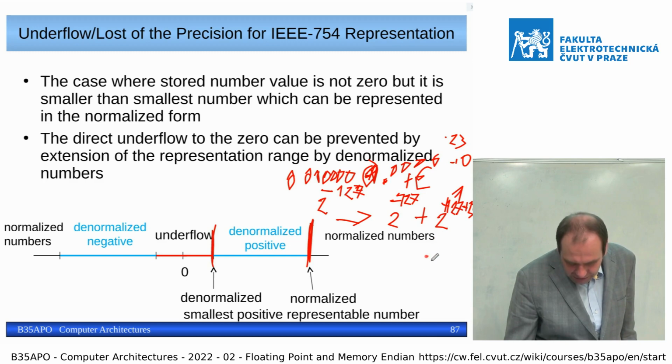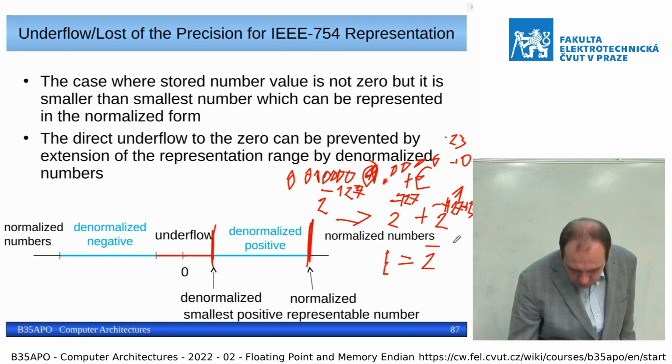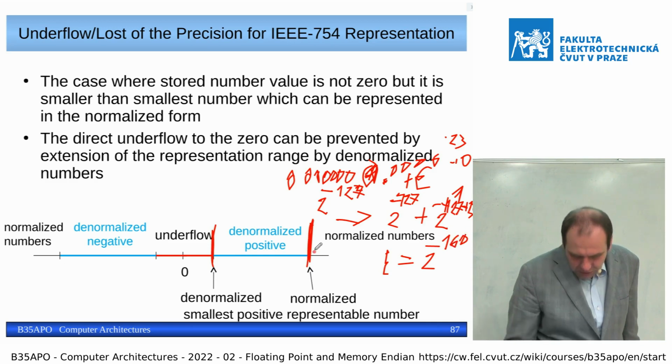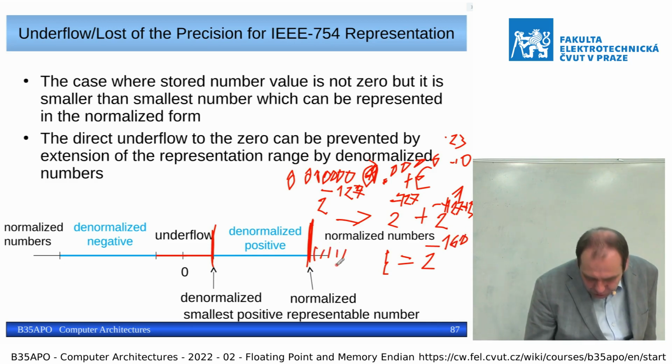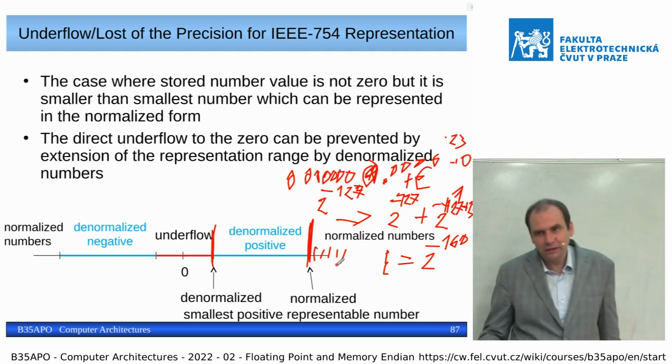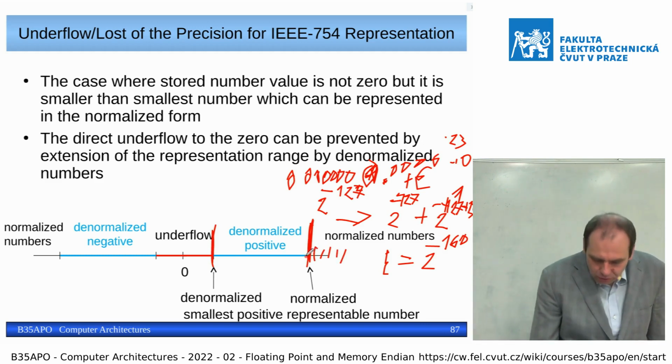So that epsilon for this arithmetic would be 2 to the minus 127 minus 23, so 2 to the minus 150. So we can go by so small step to the right,